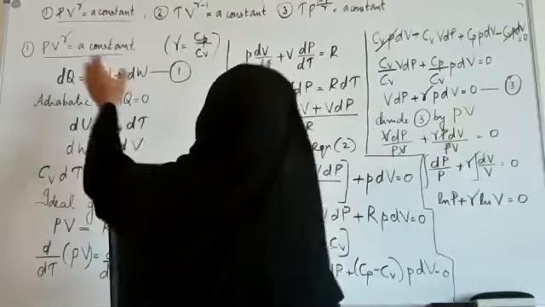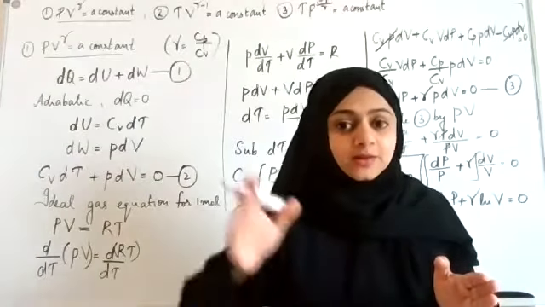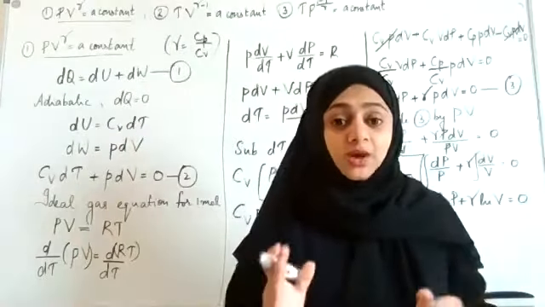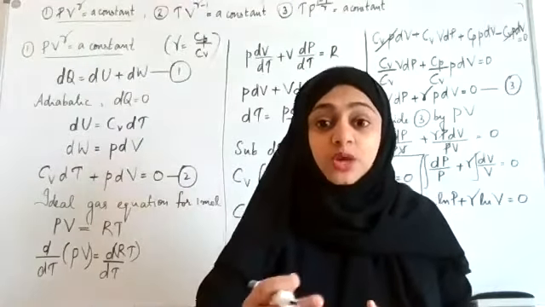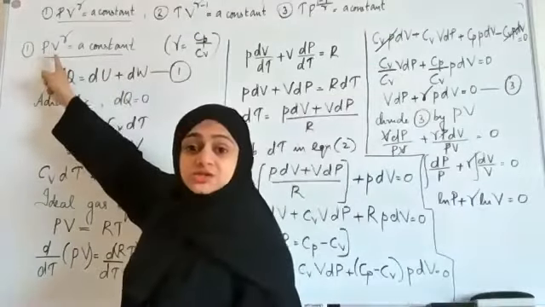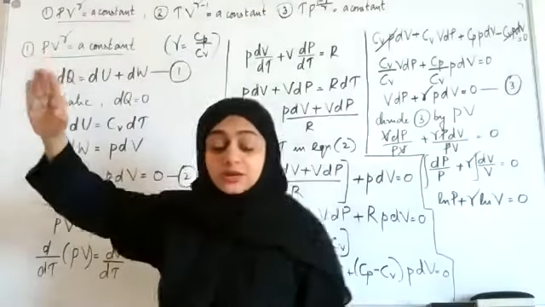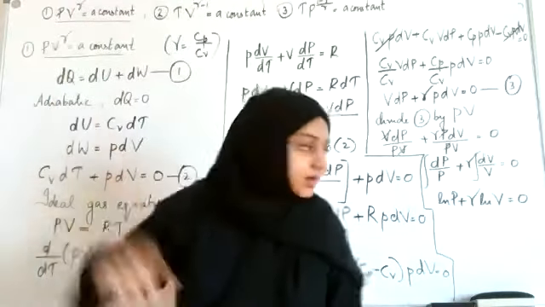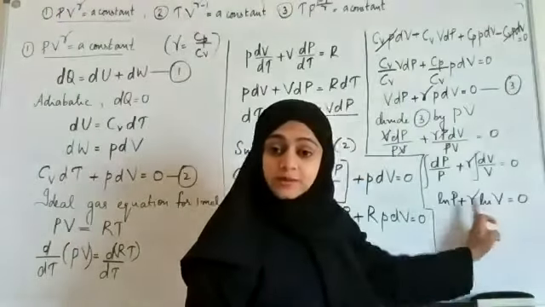Now look here, always compare with the goal. When you are always comparing with the goal, you can stay on track and you will also get to know in which way to follow. So let me look at this. Our intention is to get PV raised to gamma, right? So we need V raised to gamma. Now look here, it's gamma log V.